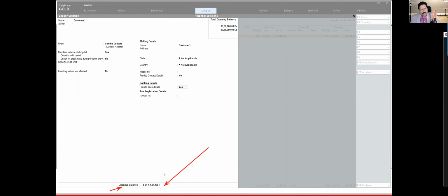When you now start entering on a cutoff date within the financial year, you will enter all the closing balances of the previous day as the opening balance for the current period onwards, or from the current date onwards for the current financial year. You can enter that opening balance here. So that is your opening balance.